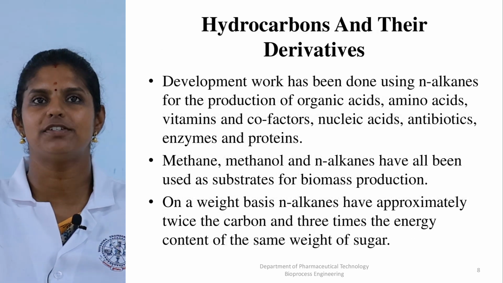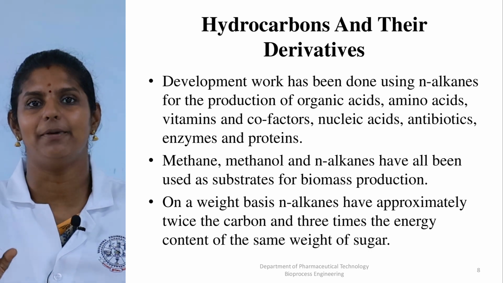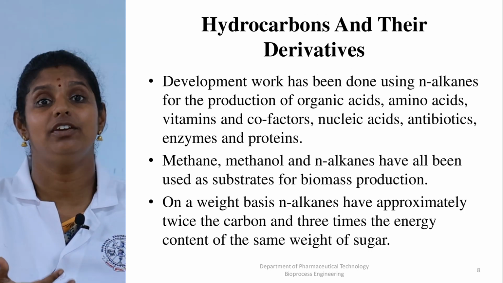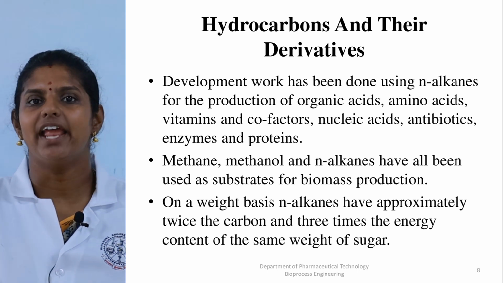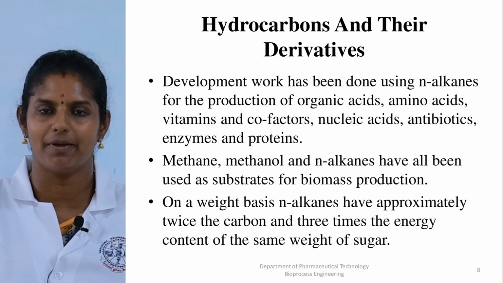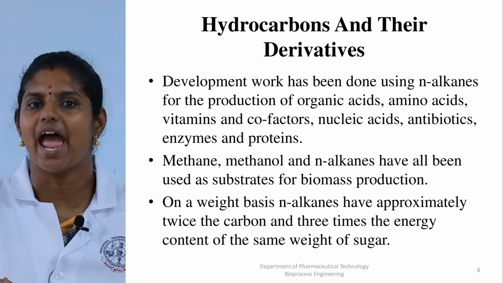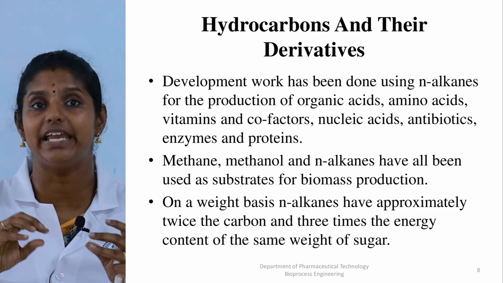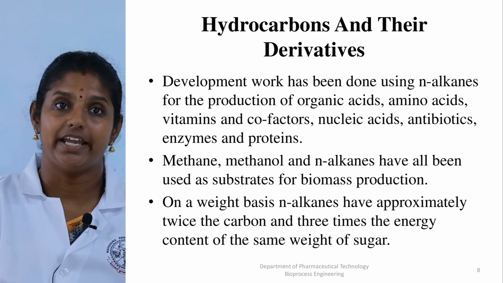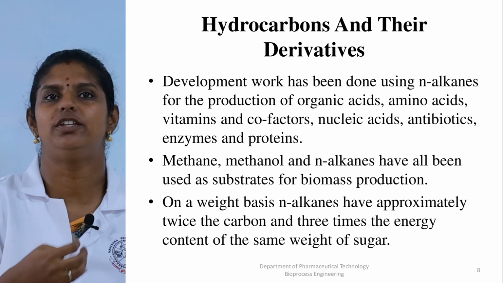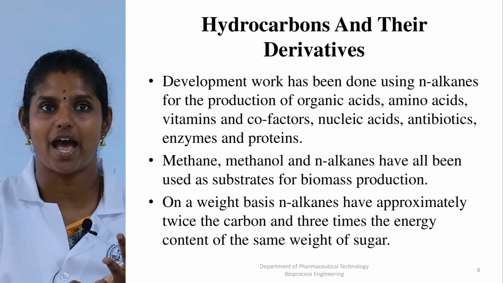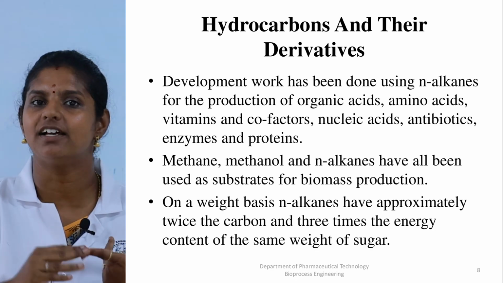Next we are going to see about the hydrocarbons, which are cheaply available in the production process. And we know what alkanes are. Alkanes are one of the hydrocarbons which have hydrogen and carbon as basic ingredients. And there are certain compounds which can be produced using hydrocarbons alone, like organic acids, amino acids, vitamins, cofactors,